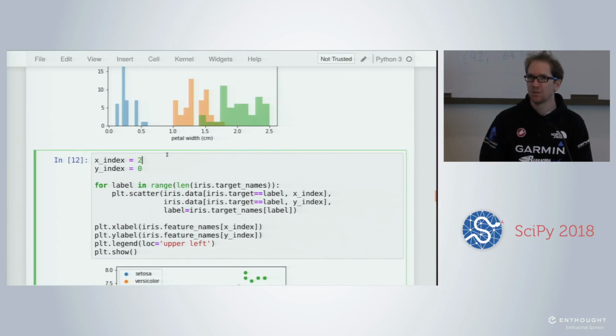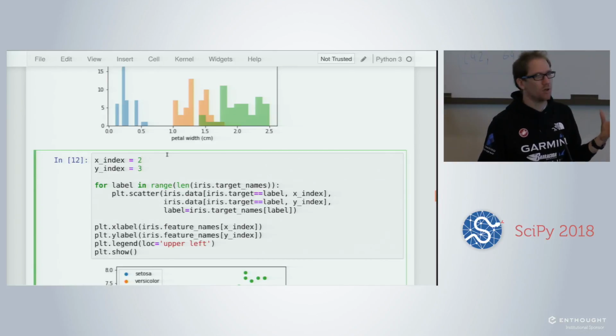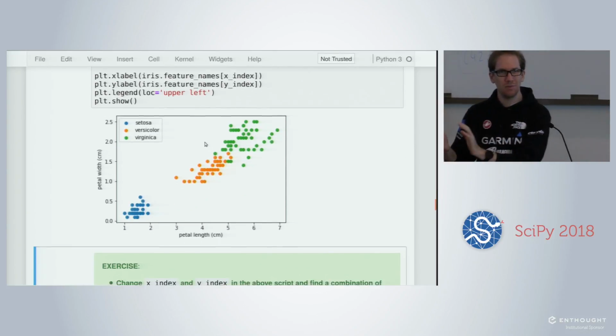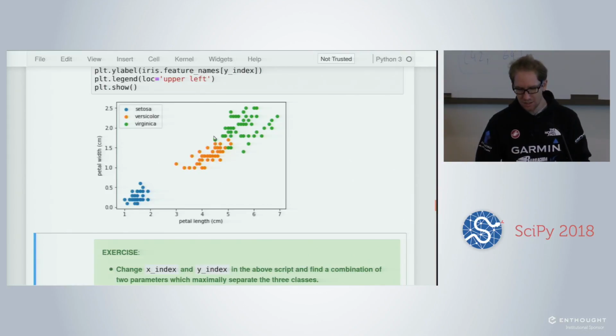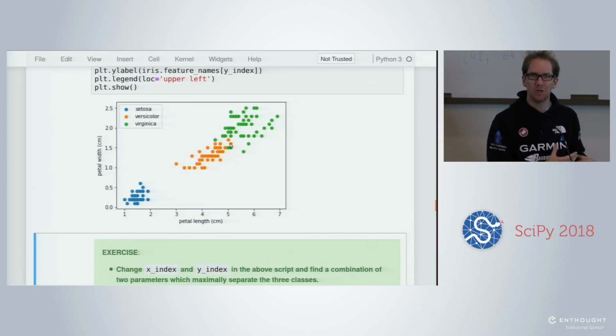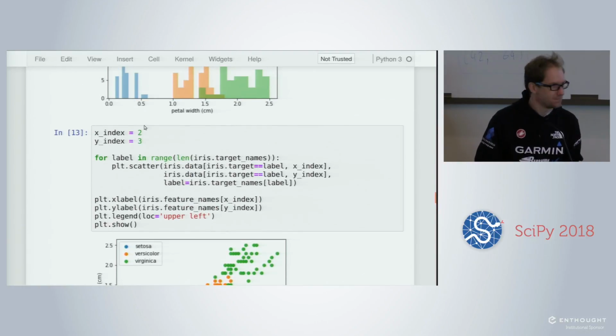Okay? So here what we are trying to do is to go from 4 dimensions to 2 dimensions to try to simplify our problem. So that's a kind of dimension reduction exercise already. We already spoke about it. Here we do it by hand, and then we'll see other techniques to do that. So you can try to play around and find the best combination of those.